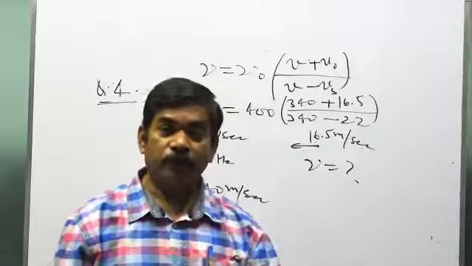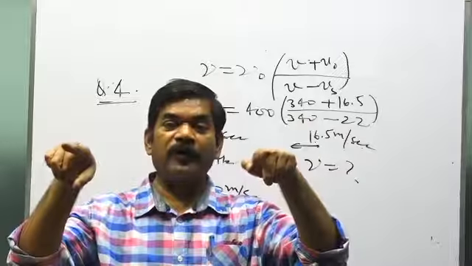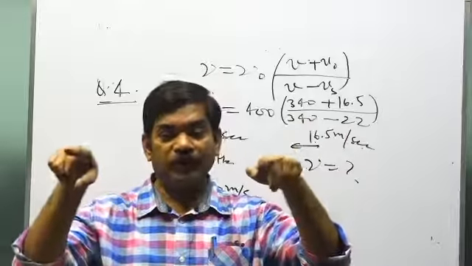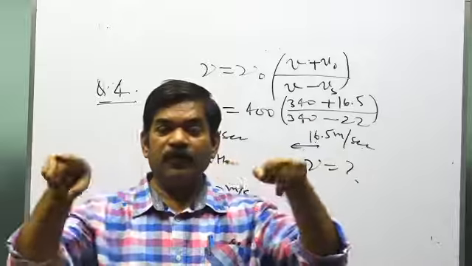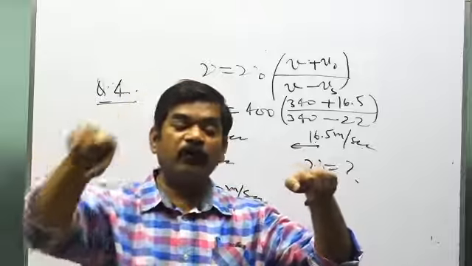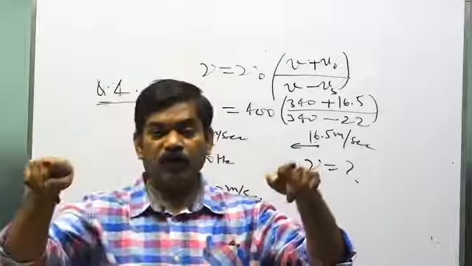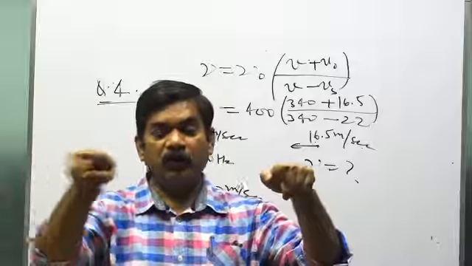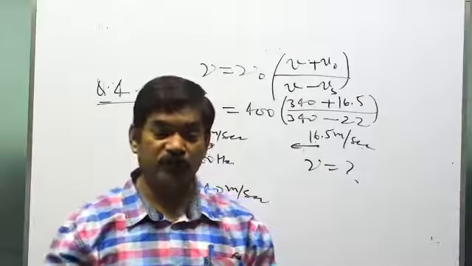One thing. Second thing, suppose in any case you find that the velocity of the source or the observer is not along the line joining them, and any of the velocity is in some other direction. Then you take the component of velocity which is along the line joining them. In that case you take only the component of velocity along the line joining them.